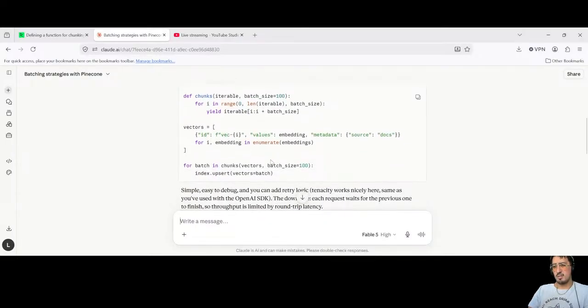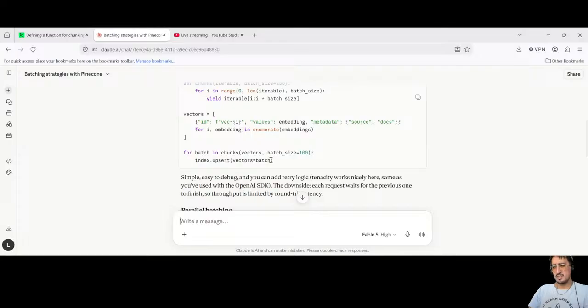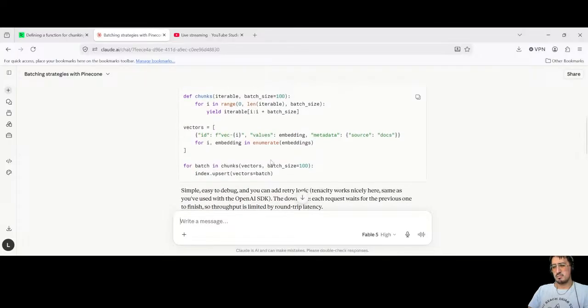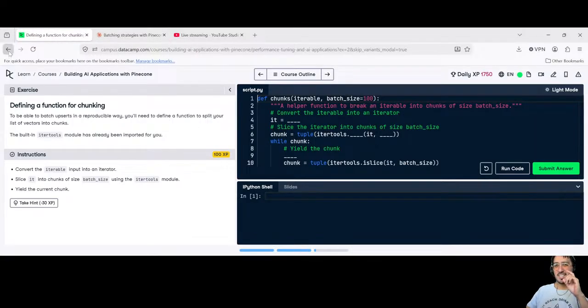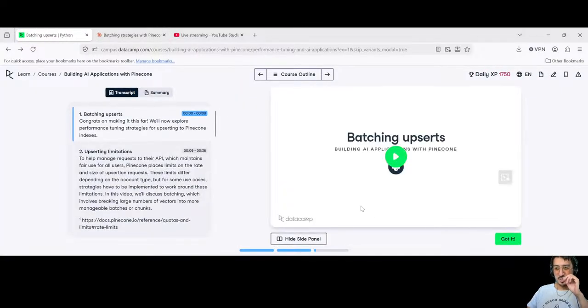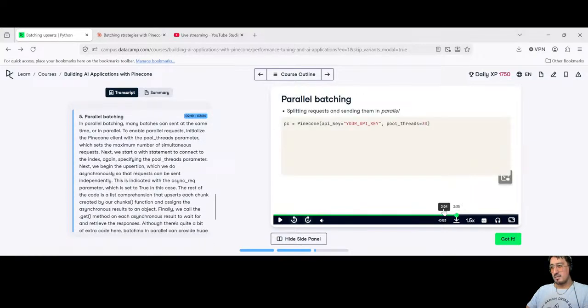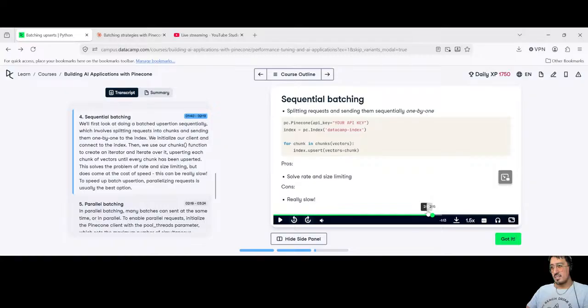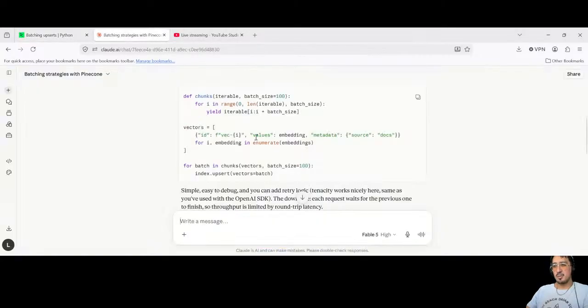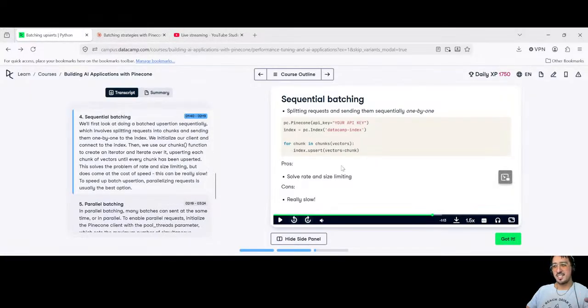So here I have all of the vectors. But see here I am updating the vector. So here's what is being defined, because I was thinking that it's doing the vectors by its own. All right. Okay. So I'm doing the batching